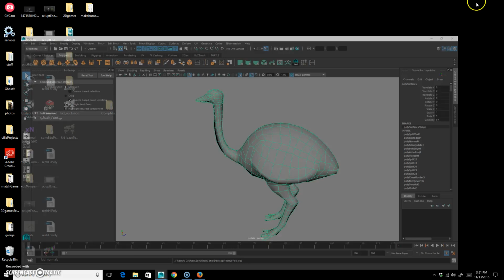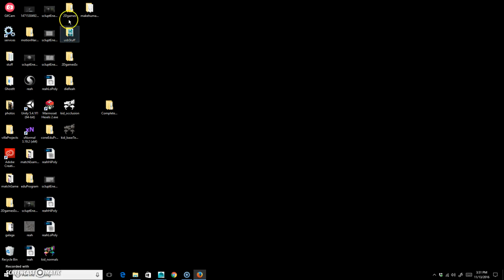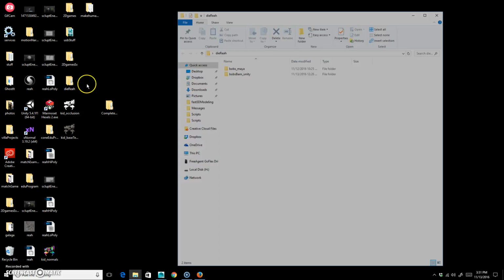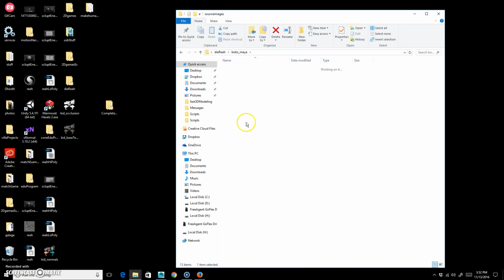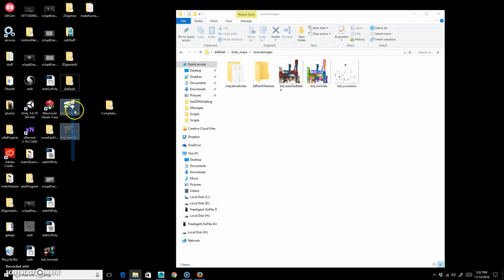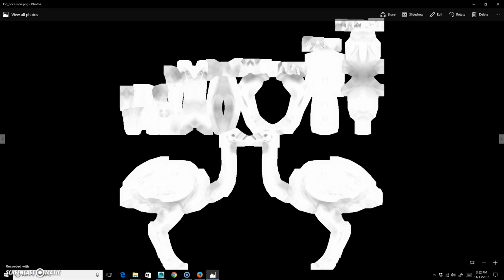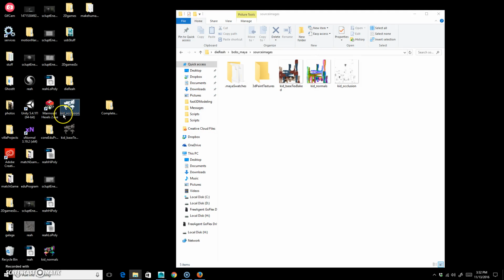I'm going to go to my Maya project, and I'm basically going to go to the source images, and I'm going to drop them in here. So, not the kid, oh, crap, it named him, I forgot to change the name. Oops, that's not what I needed. So I got to change the name here. So it's going to be Rhea occlusion